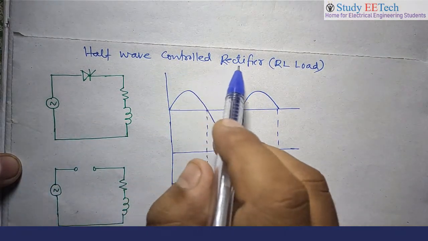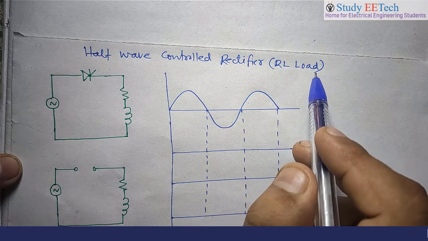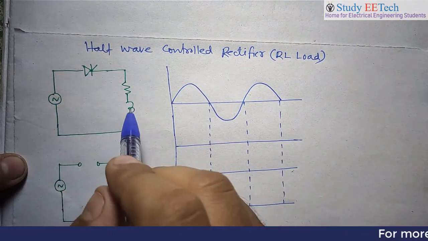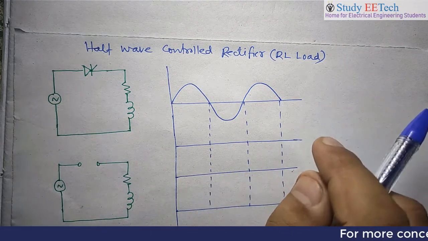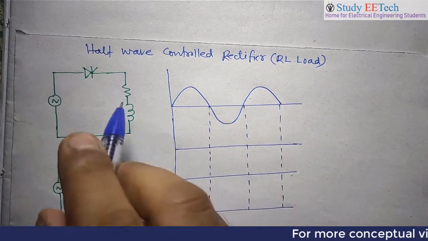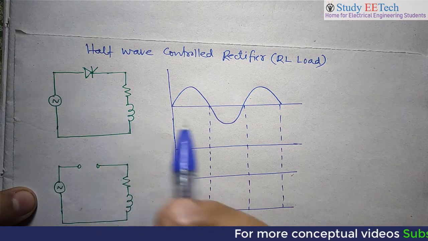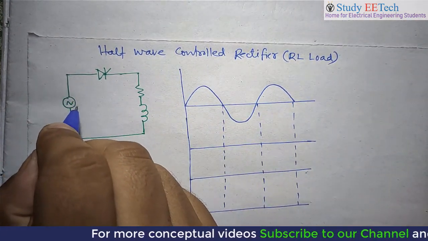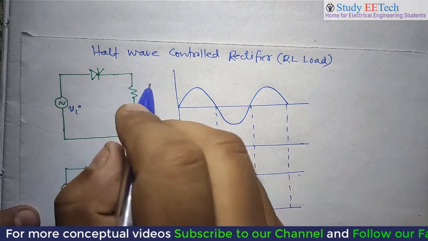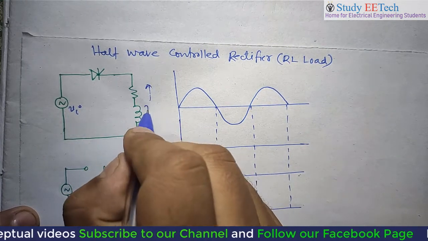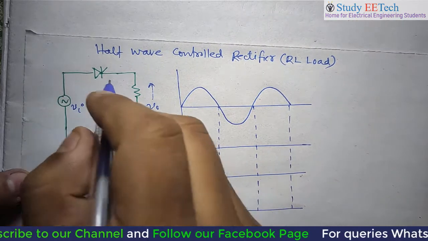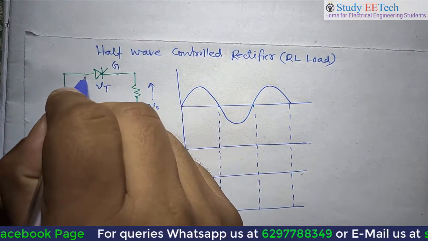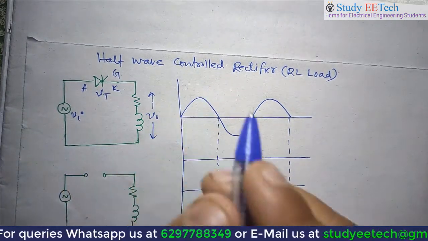Half wave controlled rectifier with RL load. With respect to the previous circuit, keeping everything the same, we have just introduced L in this circuit. And we are now analyzing what will happen with the effect of L. The usual things I may not mention every time, but you should know the input-output voltage notations are these, and this is the voltage across the thyristor, between anode and cathode.